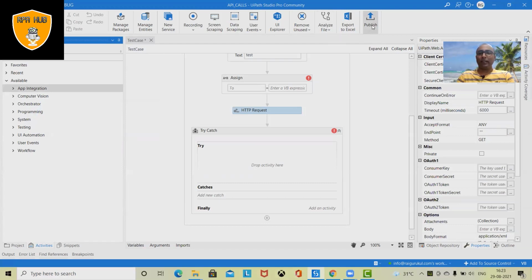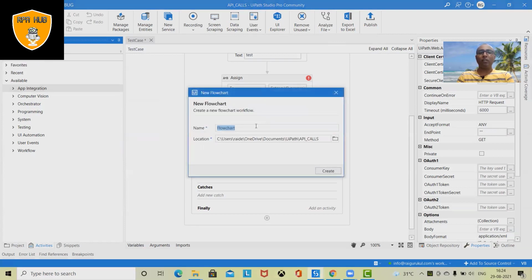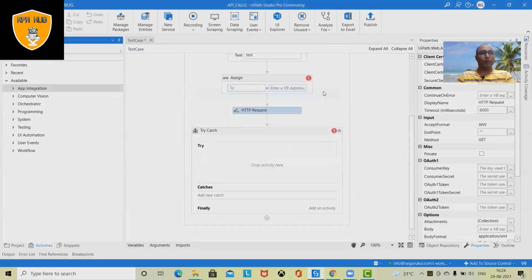These sections are basically called menu sections, where you will find if you want to add any sequence, flowchart, state machine, global handler, and test cases. Simply click on these sections and this component will be added for you. Let's say if I want to create a flowchart, I will click on this, add the name of the flowchart, define the locations, and when I click on create, this new flowchart will be created for me.